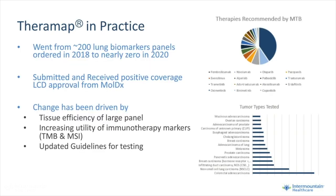Prior to TheraMap, the majority of our in-house testing for lung cancer, for example, employed the use of multiple single gene assays that made up our in-house lung biomarker panel, and these included EGFR and BRAF by RT-PCR, and ALK, ROS1, and PD-L1 by immunohistochemistry. In 2018, we performed around 200 lung biomarker panels. This has now dropped off to essentially 0 in 2020, and as of today, we've officially retired our EGFR real-time